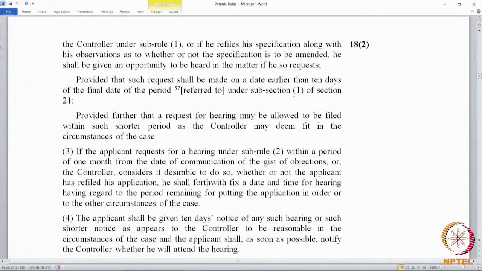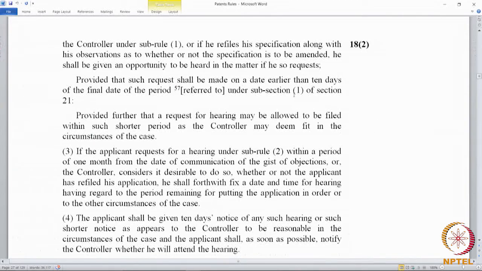There is a period stipulated within which the prosecution has to end. 10 days before that is the last time period given for the applicant to make the request. If the timeline is ending on January 31st of a particular month, he cannot make a request for hearing 2 or 3 days before that. There has to be a clear 10 days before which he can make a request.